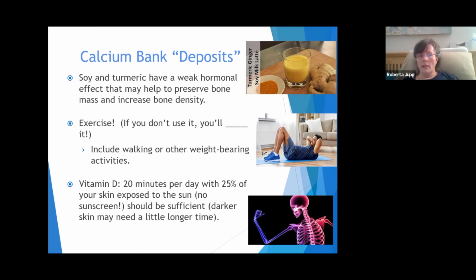I would check vitamin D at least twice a year. You want to know what it is going into the summer, and you want to know what it is going into the winter. Most people find that at the beginning of summer, their vitamin D levels are lower because they really haven't spent that much time outside in the winter. And then a lot of people have an adequate vitamin D level in the fall going into the winter because they've been outside in the summer. So try to get your doctor to check it twice a year if possible. And that way you know how to supplement or how much to supplement.